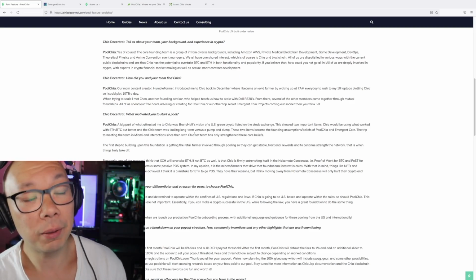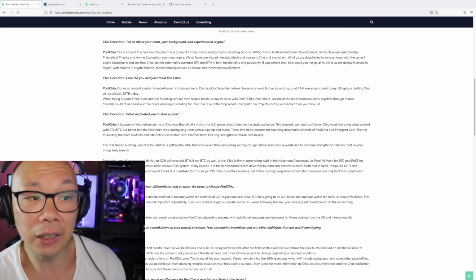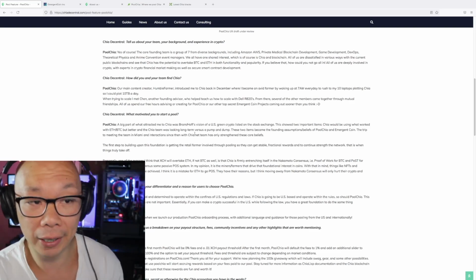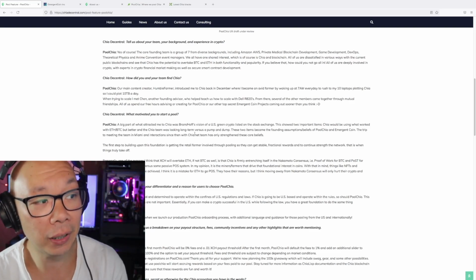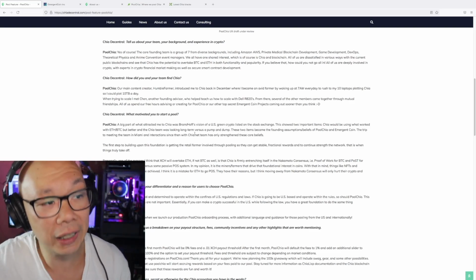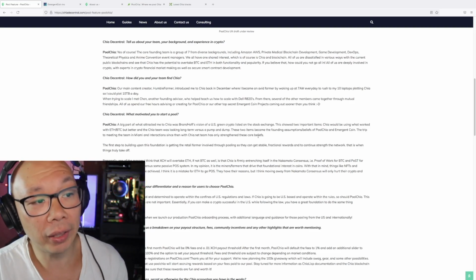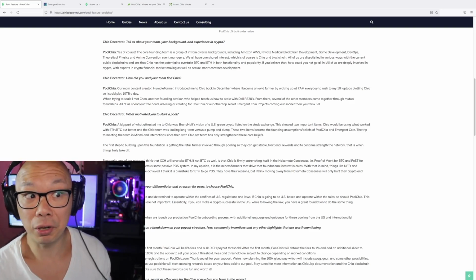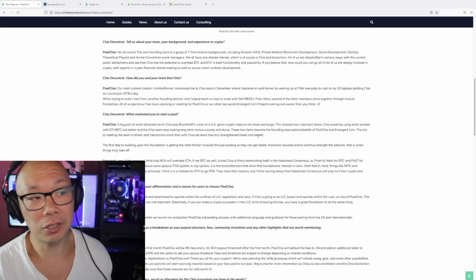These 2 items became the founding assumption belief of PoolChia emergent coin. Now, I looked into emergent coin. I'll get into that a little bit later. The trip to meeting the team in Miami, interaction since then with the Chia.net team has only strengthened these core beliefs. So they actually met in person. I guess they were inspired by the route that Chia is planning to take.